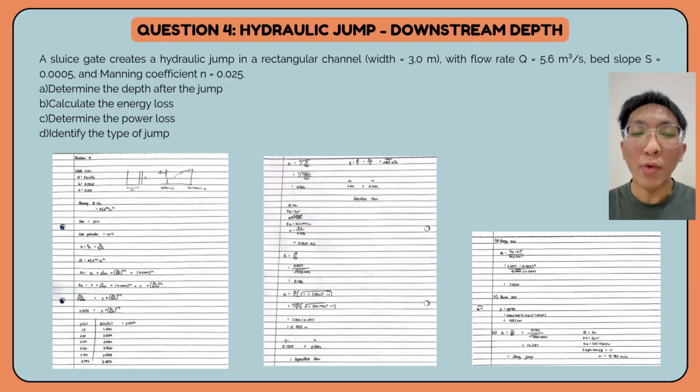Next, for B, we need to find energy loss by using formula EL equal to bracket y2 minus y1 bracket cubed divided by 4 times y2 times y1. We put all the data into the formula and we calculate it, and lastly we will get the answer 7.8220. While for C, it requires us to find power loss. We use the formula P equal to rho g h Q, then we insert the data into the formula, and lastly we will get the answer